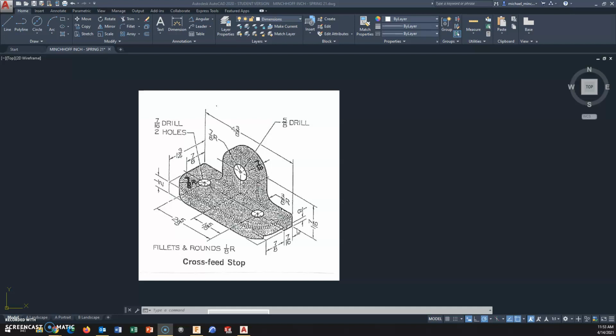1 7/16 from the base to the center of the circle, and then the radius is 7/8. So from the center of the circle to the outside is 7/8. So we need to add these together. There is a calculator function in AutoCAD, and if you need to convert to decimals, I did provide a decimal equivalency chart there on the portal. But to activate the calculator, in my dynamic input, I start typing in calculator,